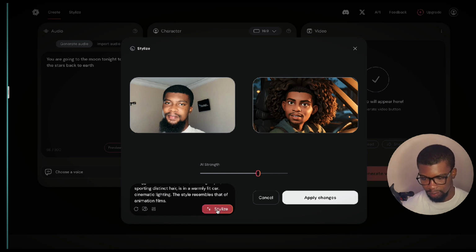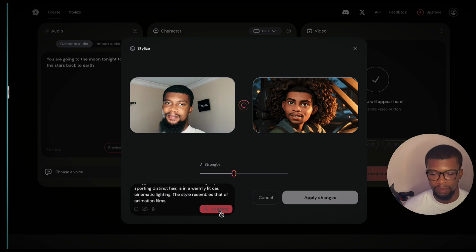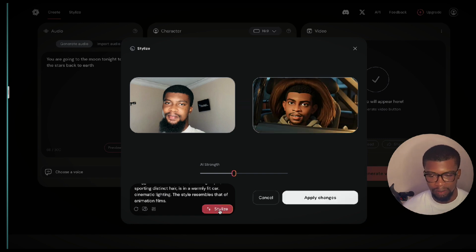Incredible. Let's see. Tap it again. I'm going to reduce the AI strength. Using the AI strength. Do that one more time. So this is generating. Okay, as you can see,